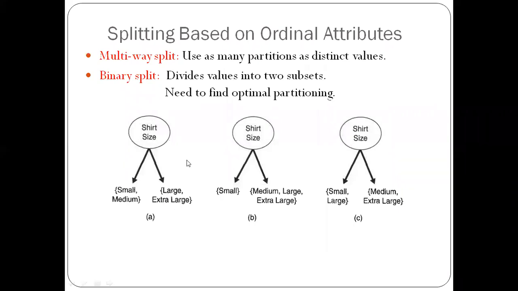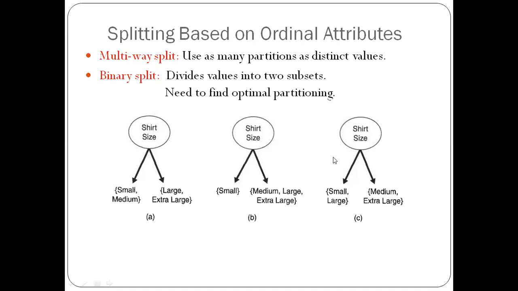The thing you must be careful about here is that we must maintain the order property of these attributes. If we consider the order from smaller to larger, first small will come, then medium, large, and extra large, for the shirt size. So this order we must maintain while splitting the attributes. This is a correct splitting, because we have a correct order: small and medium, and then large and extra large. And one more correct way of splitting is small, then medium, large, and extra large.